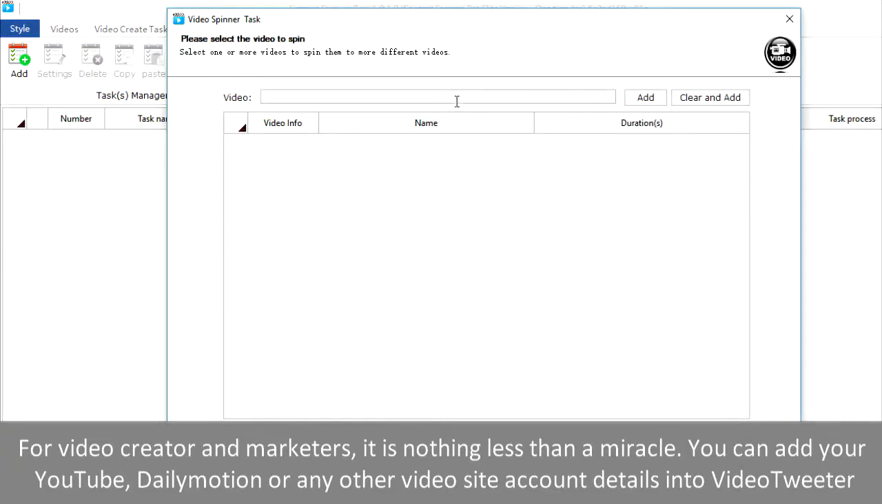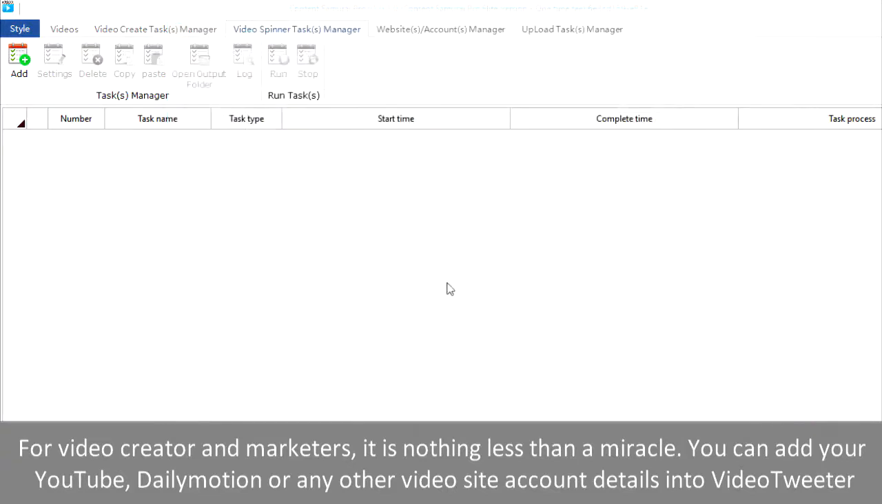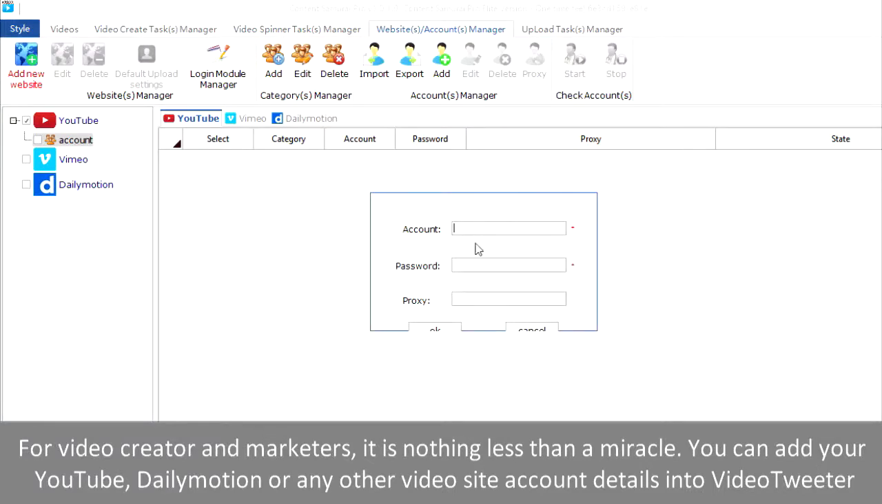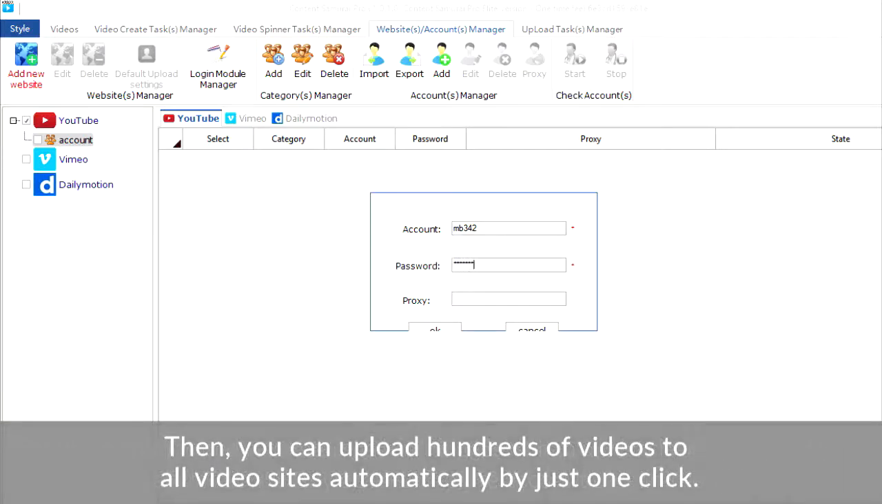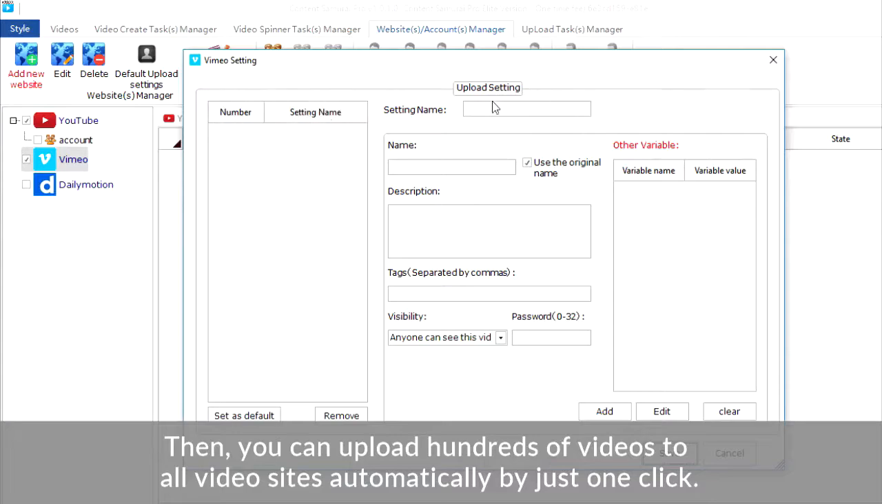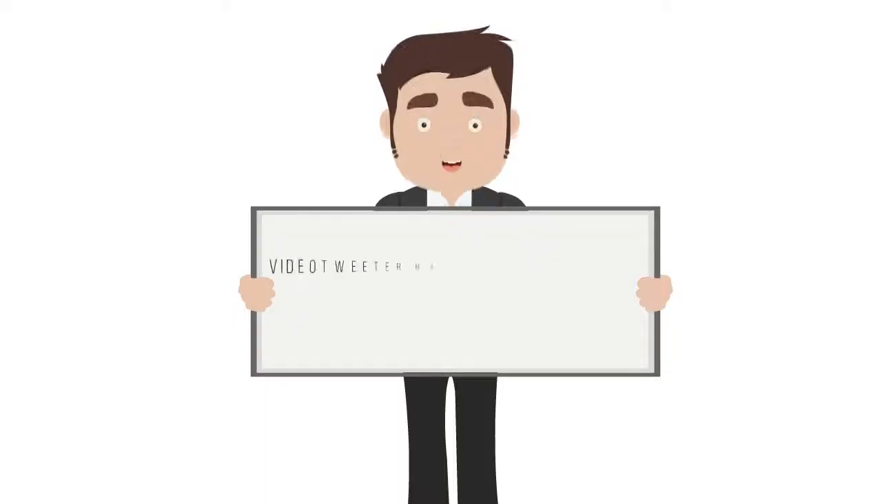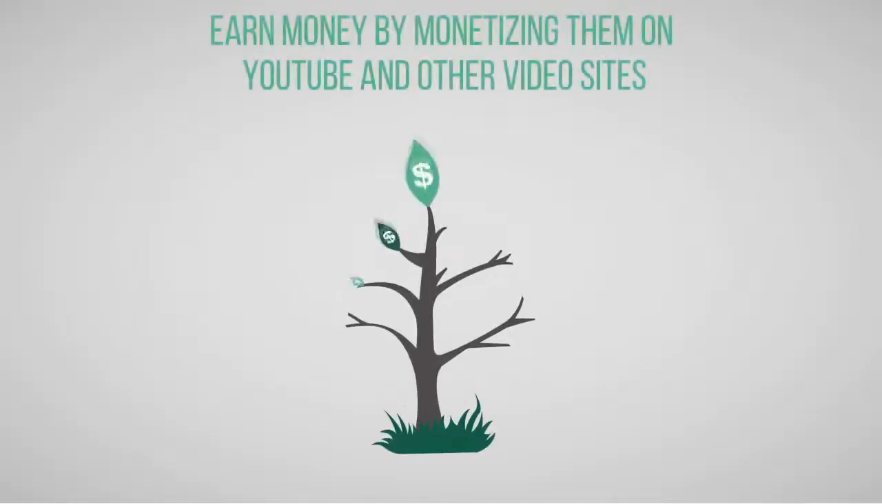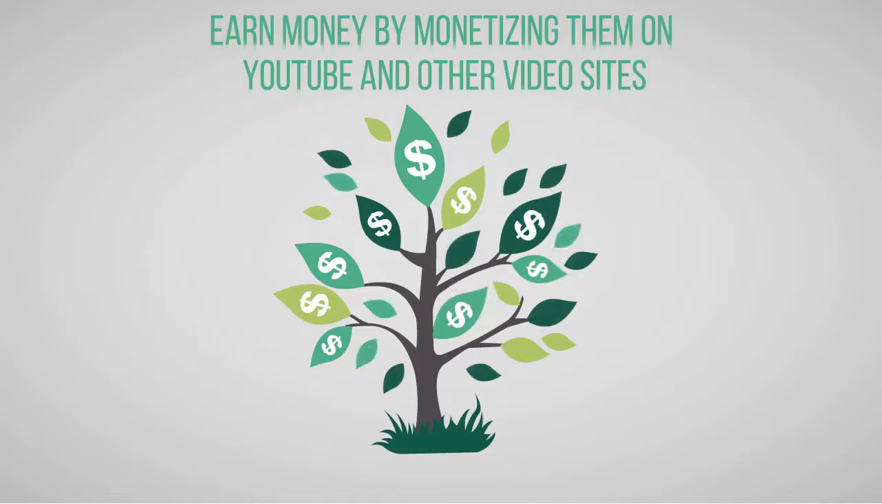You can add your YouTube, Dailymotion, or any other video site account details into Video Tweeter. Then, you can upload hundreds of videos to all video sites automatically with only one click. Video Tweeter makes it easy for you to create amazing videos from text and earn money by monetizing them on YouTube and other